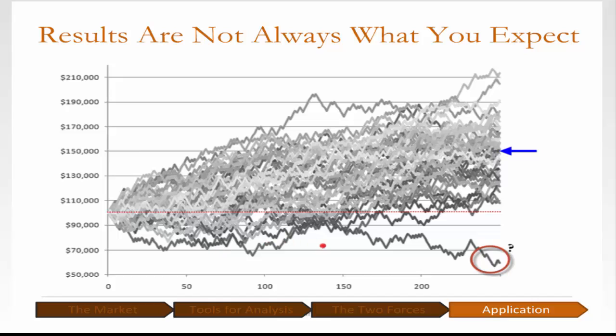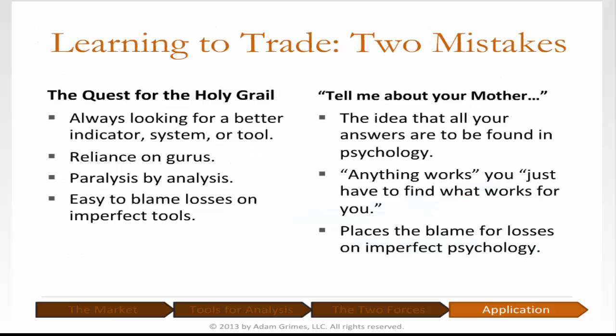Also worth mentioning that there were a lot of traders, even some who managed to carve out small profits at the end, who were in the red for many trades. You're also told things like, you need 30 trades to really see how the system works. Well, not true. Here's 250, and you still can't see. Even with that, the results are much more random than people would expect. So you have to plan for this.